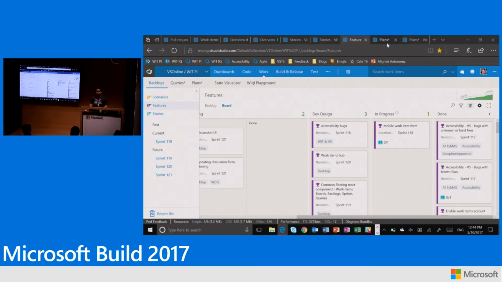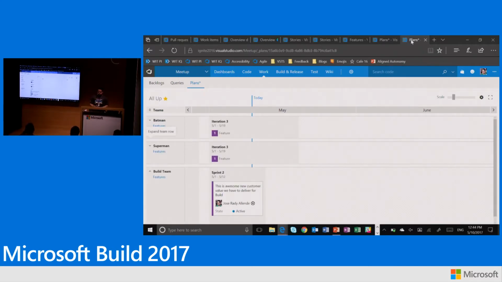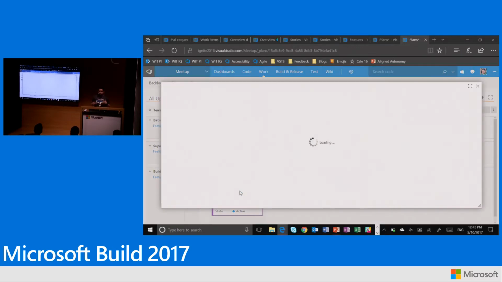Now, we have 5 more minutes, and what I want to show you is we focus on planning aspects, planning functionality, and that's great. But at the end of the day, our tool is one that allows you to have an integrated solution, right? I mentioned plan together, collaborate and code together, and ship faster. So now I'm going to be jumping to, this is obviously a test account because I don't want to be submitting PRs to my engineering team and then getting all of these emails. But let's say I had a feature, and now I'm an engineer, and maybe I want to see what the team is planning for. So I can go to the plan because they're open to everybody.